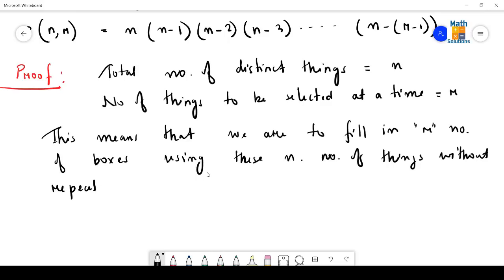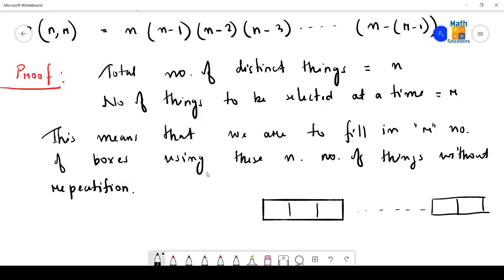So how can it be done? Let us try to make r number of boxes. Since we do not know what is the value of r, therefore of course this is the way we have to frame the boxes, yes or no. Like 3 boxes I made in this side, and at last 2 boxes I made. Okay, so this is the first one, this is second one, this is the third one, and then this is rth box, this is of course r minus 1 box.